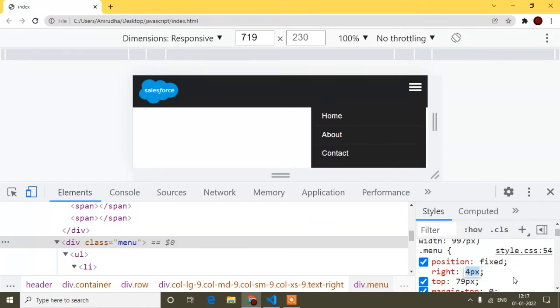How will it be perfect? If I add here, you can see it adds space on the right, so I increase more right, not width. Okay, I'm just confusing myself. So here I will set it to 0, so now it's perfect. So right I have to set to 0.